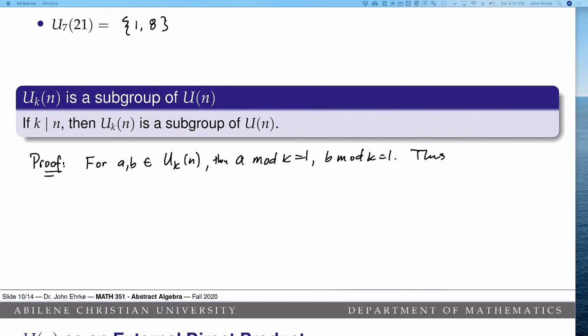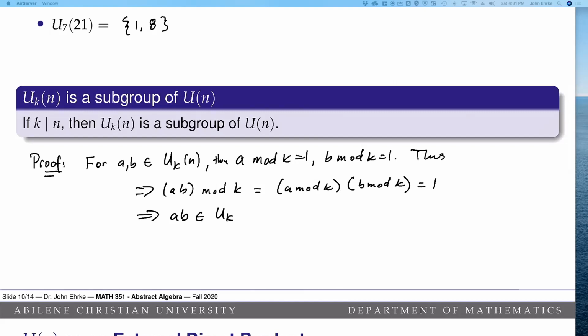Thus, if you look at the product AB mod k, which we know is A mod k times B mod k by definition, this is also equal to 1. But this implies that AB is an element of U sub k of n. So U sub k is closed under multiplication